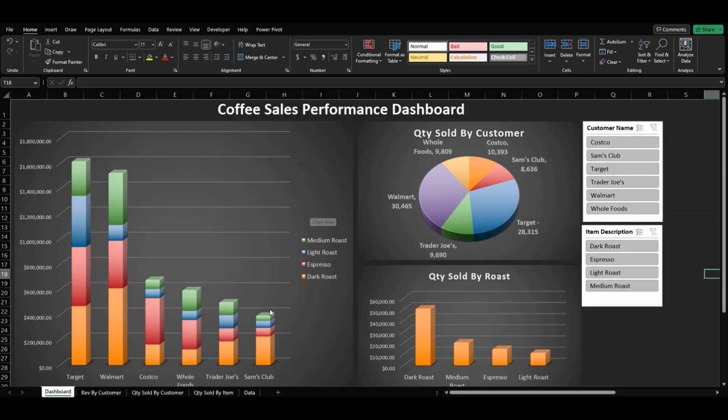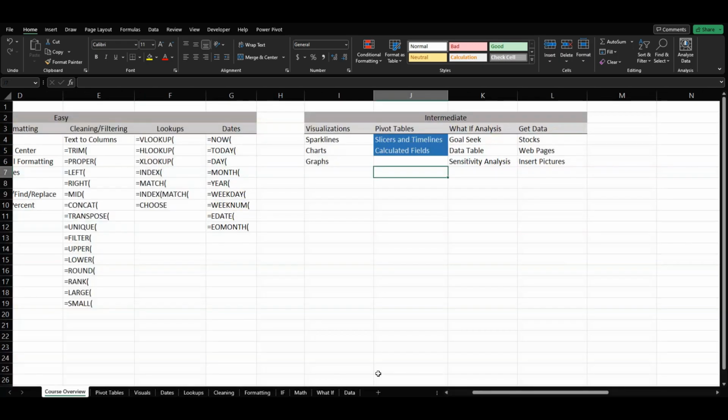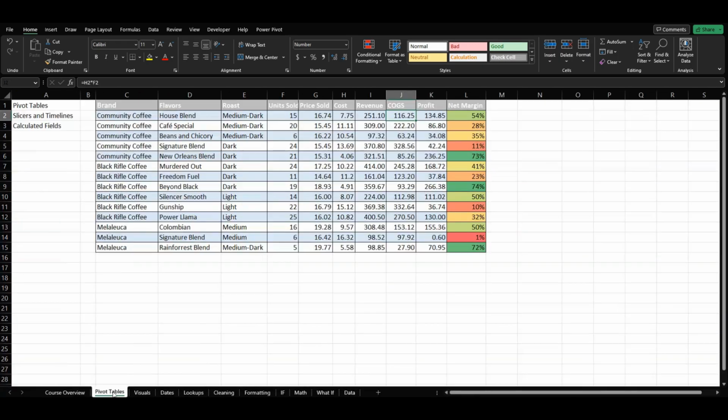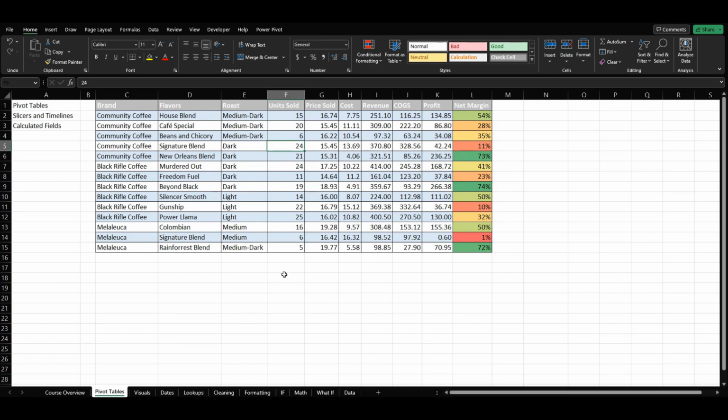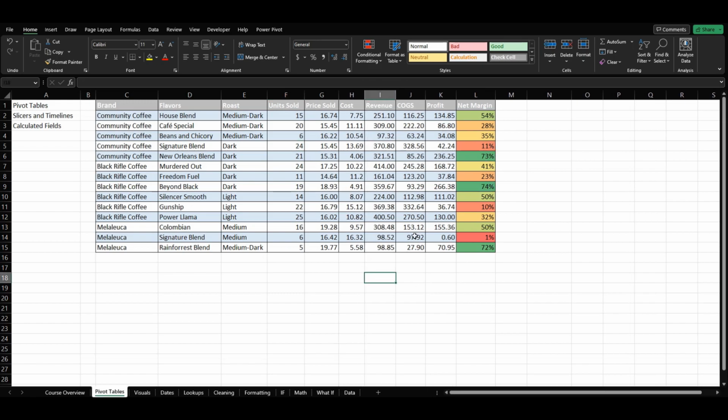So we'll go back to a simpler example. We're going to go back to our coffee table that we've been using for the past couple examples. In this example, we have our different brands, our flavors, our roasts, the units sold, the price sold, the cost, the revenue, the cost of goods sold, the profit, and our net margins. We can see here that we've got a few that are Black Rifle Coffee, a few Community Coffee, and a few Melaleuca. So what we want to do is, instead of having these separated like this, we can have them all in